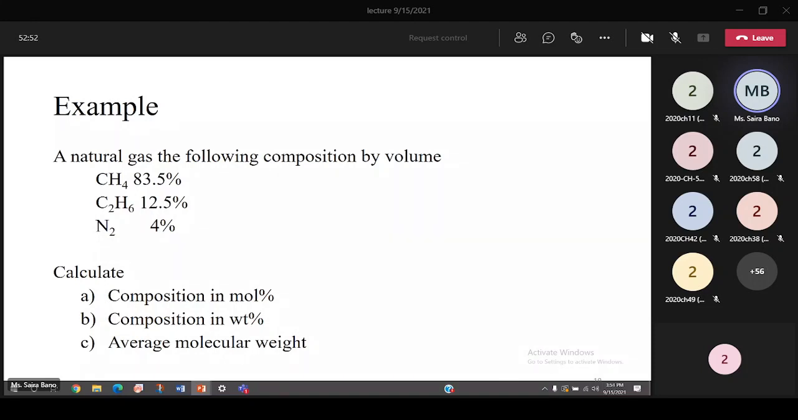Secondly, there is another thing which I would like you to perform by yourself. That is to find out the density of this gas mixture. The same example which is displayed on your screen. Here A, B, C, and then part D is to calculate the density of this mixture. Next time I will ask you its answer, and because it's on average molecular weight, and then the question is